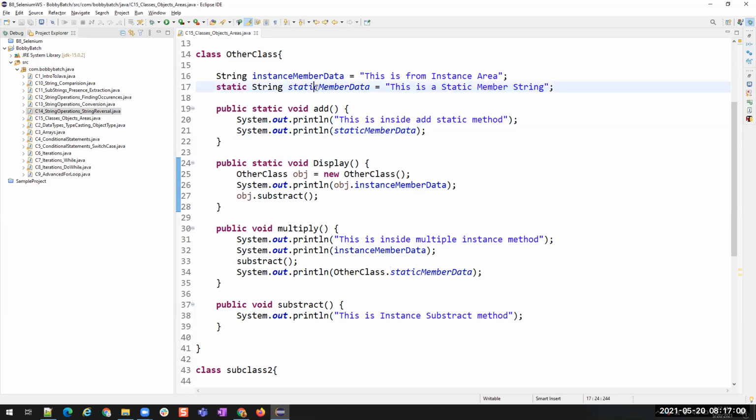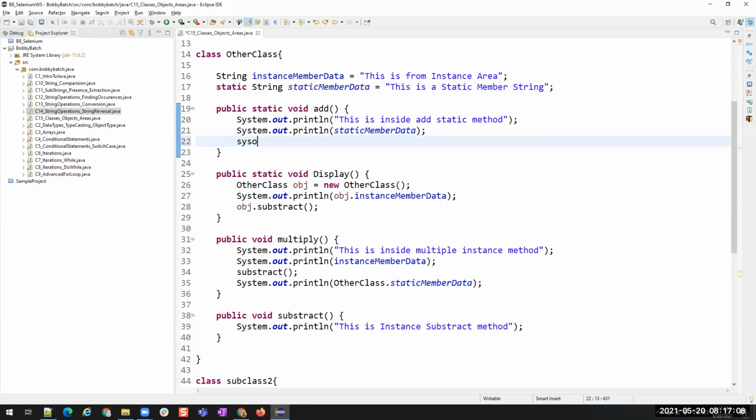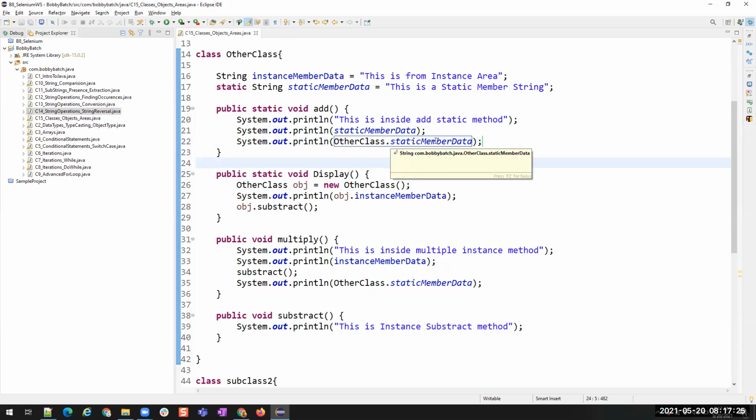So static member data inside the static area I can use directly if it is in the same class. Okay. All right. And then I can also use it with the class name. Other class dot static member data. This is also another way you can use with the class name. No problem. It is not giving any warning or any error.